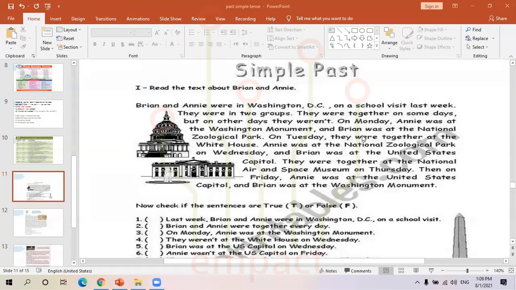Okay. And Brian was at National Zoological Park. On Tuesday, they were together at the White House. Annie was at the National